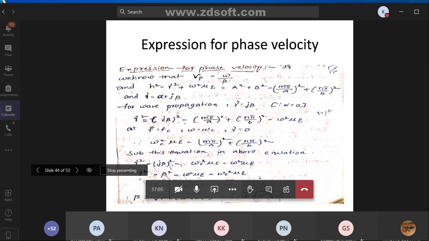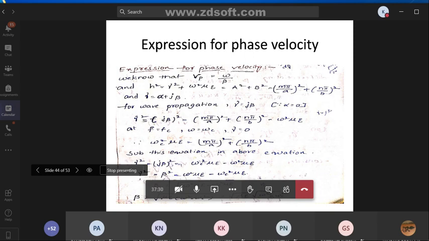So if we see the derivation of phase velocity and group velocity, the expression for phase velocity, see here. From the definition we know that phase velocity equal to omega by beta, and we know this equation also, h square equal to gamma square plus omega square mu epsilon. So that is equal to a square plus b square, where a equal to m pi by a whole square and b equal to n pi by b whole square.